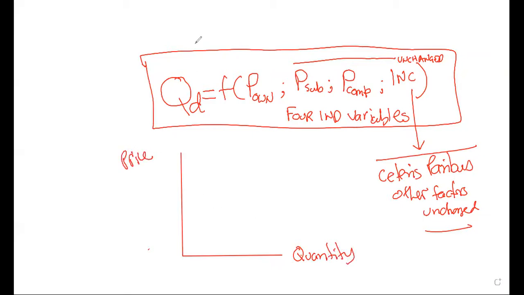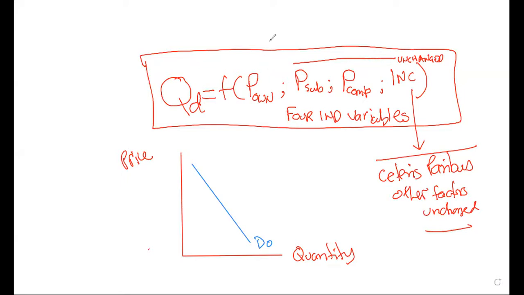So if the first part is valid, then our demand function will look like this, right? Price increases, quantity demanded falls. Price decreases, quantity demanded increases, right? No problem with that. Yes, sir. Okay, now